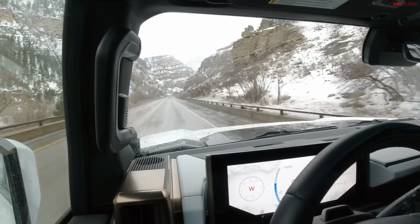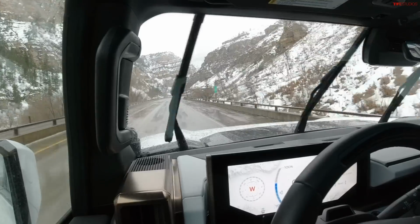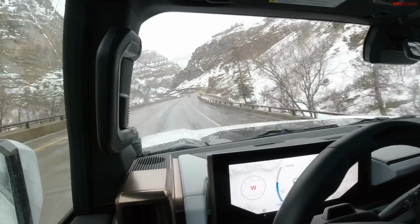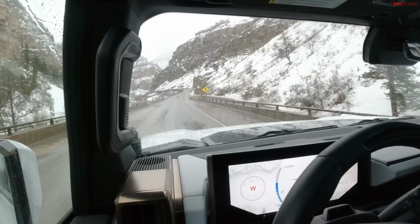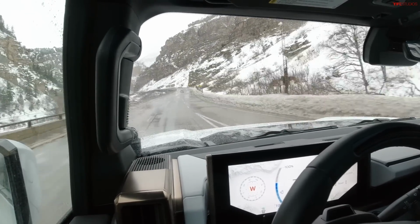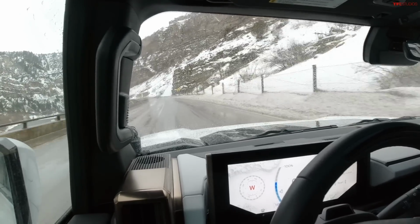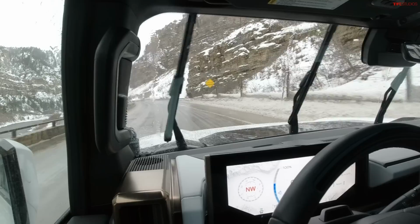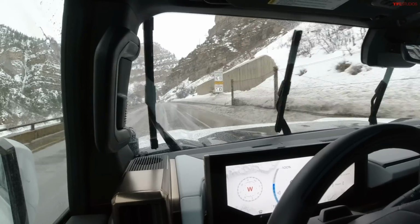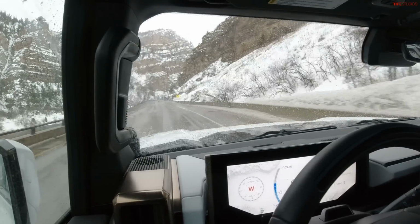Our Bolt that we just bought, after credits, is a $17,000 car. We bought it for $25,000, and in Colorado we get $2,000 plus $7,500. So basically you're at $17,000, $18,000 for an electric Bolt that gets 259 miles of range. So as much as people, I think in the comments, love to hate on electric cars, a $17,000 electric car, that's a hard thing to pass up if you're looking for something not to commute across country,